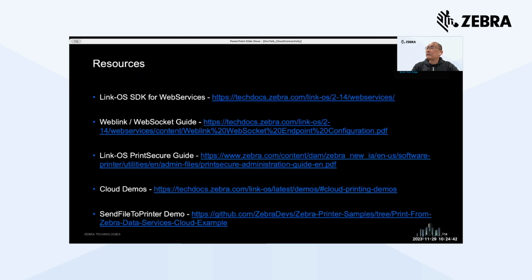Okay, so this is the resource page, which captures all the resources you may need. The first one is the SDK for web services. That's the documentation for how to use the web services, where you can find information on how to create your own self-signed certificate and how to install the self-signed certificate in the Apache Tomcat environment. The second is to configure the WebLink on the printer, and the Print Secure guide gives you information about how, if you have a self-signed certificate, you install it